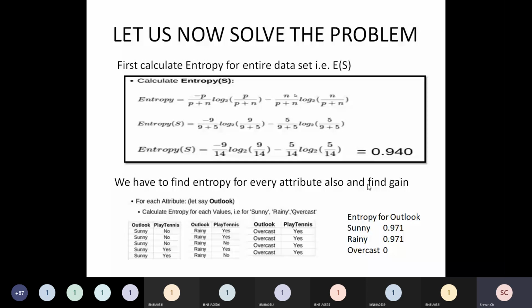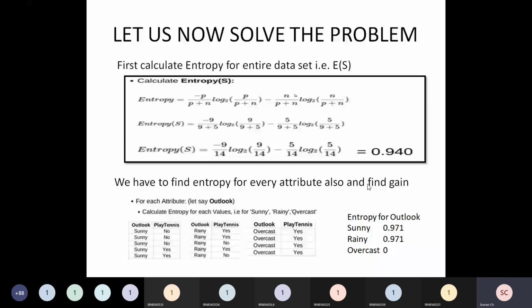Yesterday, someone shared with me that when they were calculating the values, they got a different value. The reason for getting a different value is that you might have used a normal online calculator wherein the log base by default will not be 2. So you should check the log base also.